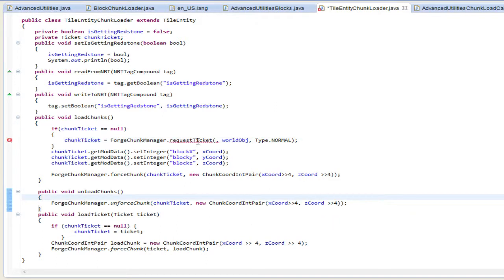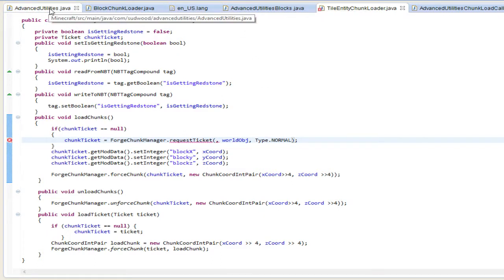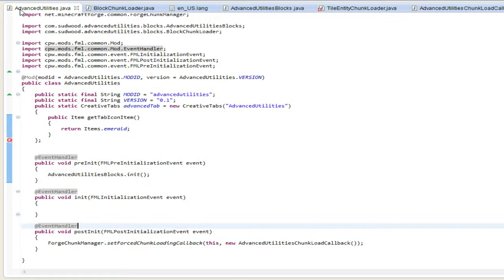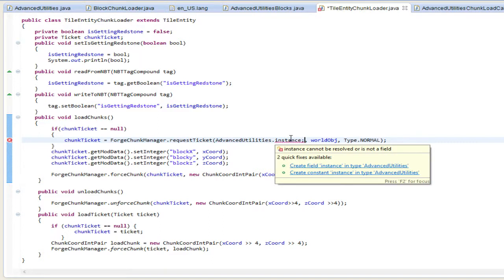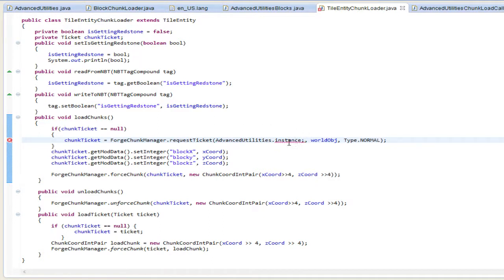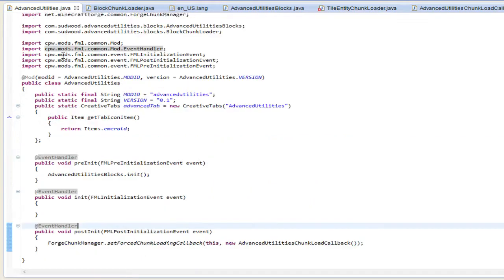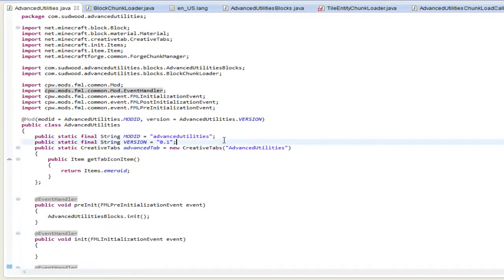Forge chunk manager. There we go. That type. Now we need an instance of our mod. So we need utilities dot instance. Import this. Can I just say this? No, I cannot. Okay, so we need to go into here and say